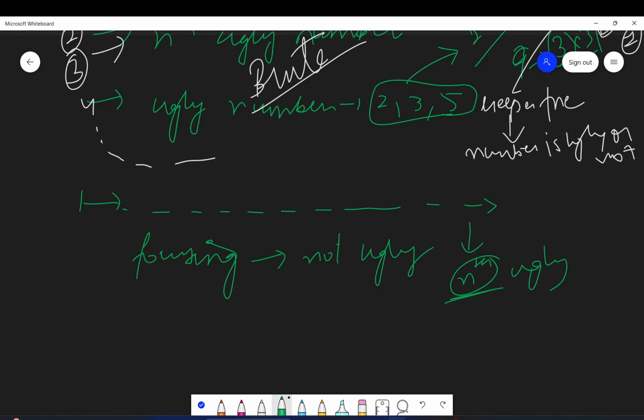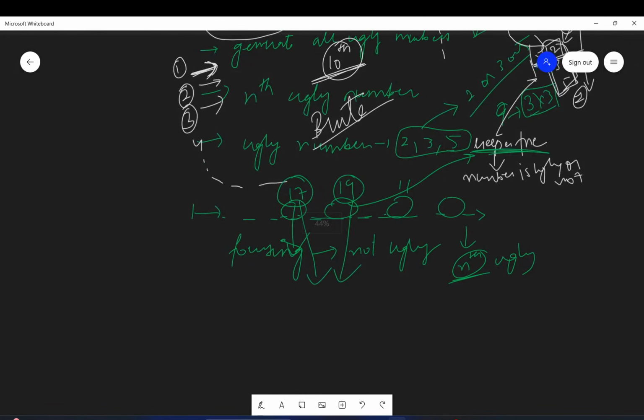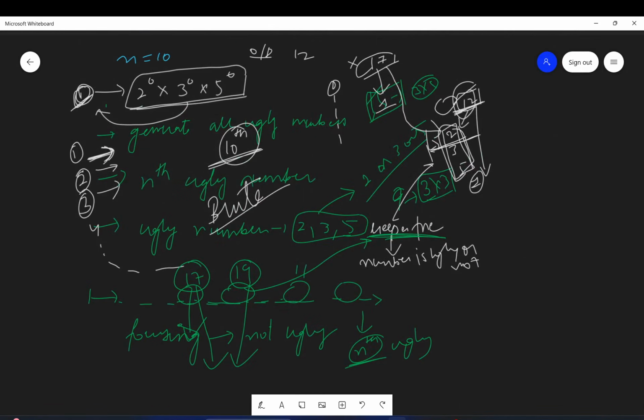So in this path, I may get a lot of non-ugly numbers, let's say 17, 19, 11, all these numbers which are not ugly, and I will spend time processing these via the helper function, right? So this is extra work we are doing, which is of no benefit to us. So this is the brute force approach.